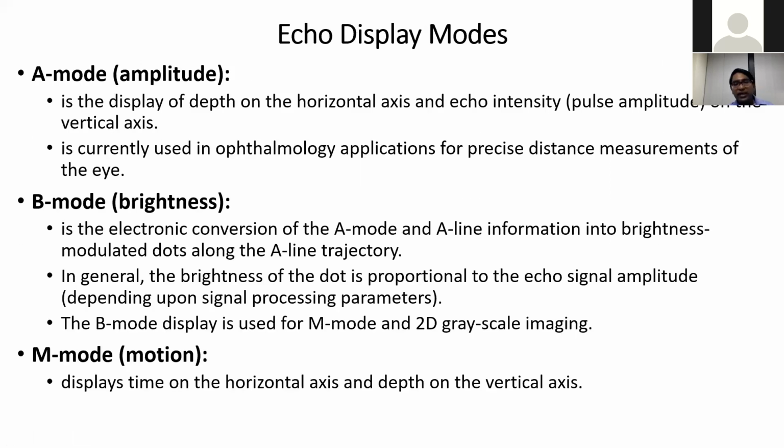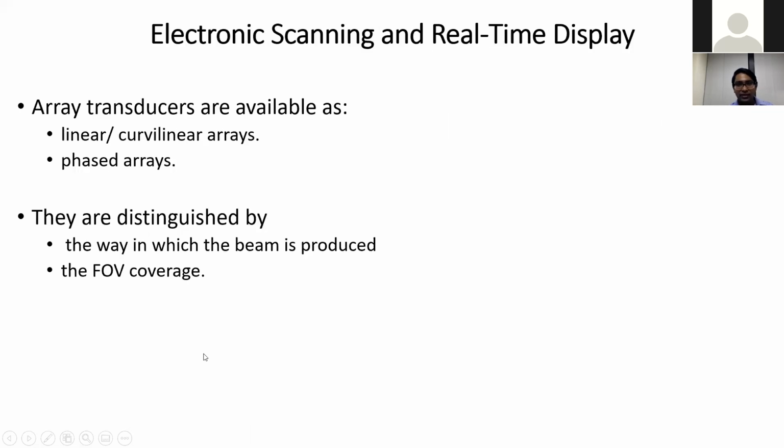So there are 3 different echo display modes. And I think I'm coming to the end of the talk, so I'm going to rush through some of these now. So echo display modes are the 3 different modes. One is the amplitude mode, the other is the brightness mode, and the third is the M mode. And here is a,